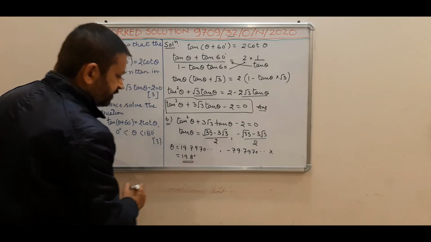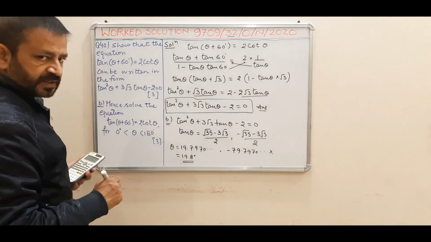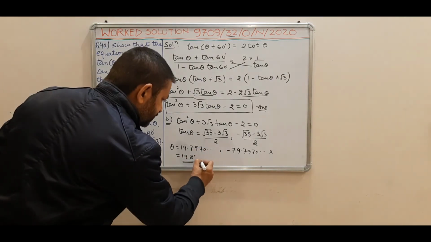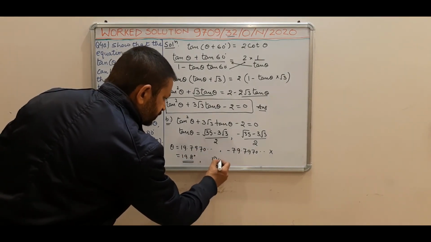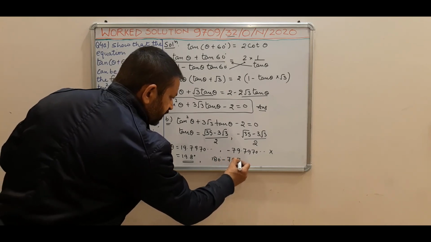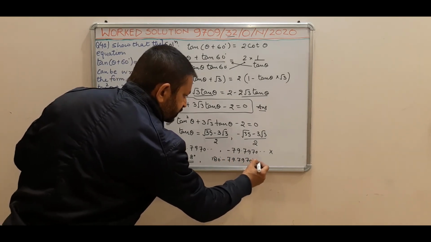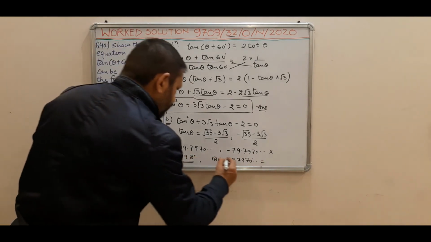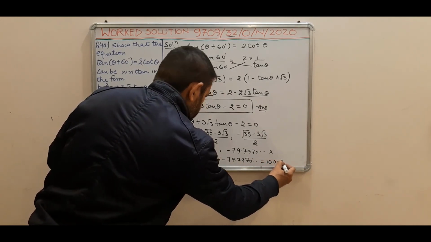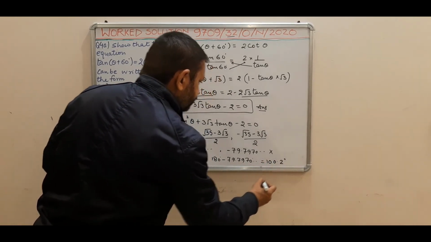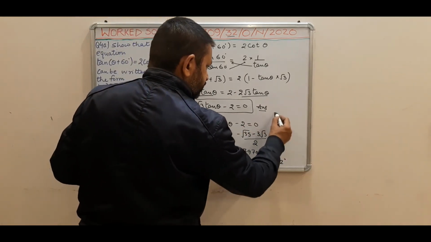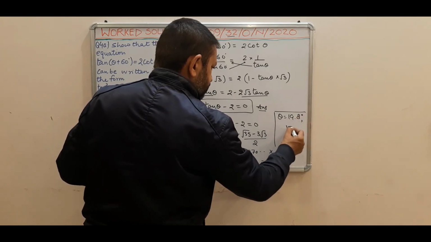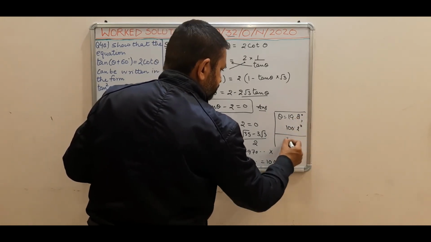Whenever the answer is asked in degrees, it should be up to one place of decimal, so we'll put it as 19.8, and the other answer, you just need to add 180 to it, 180 minus 79.7970 and so on, will give you 100.2. So up to one place of decimal it is 100.2 degrees. So we have two answers. One is theta is equal to 19.8 degrees and the other one is 100.2 degrees. So this is our final answer.